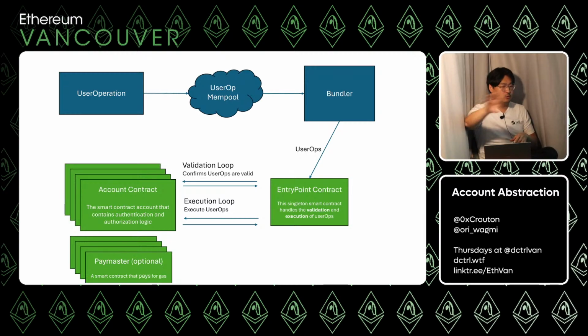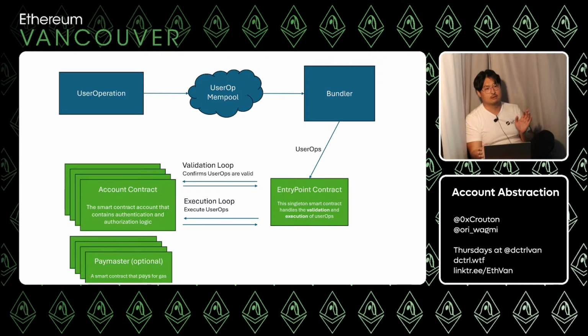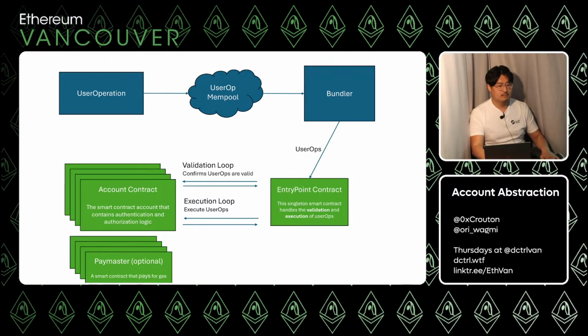But it doesn't affect all the other nodes, because the bundler can tell everyone, hey, this is a bad transaction. Don't spend any resources checking it yourself, just know to ignore it, right? So that's how they resist the denial of service attack. Again, this is how mempools and decentralized peer-to-peer networks work in general.